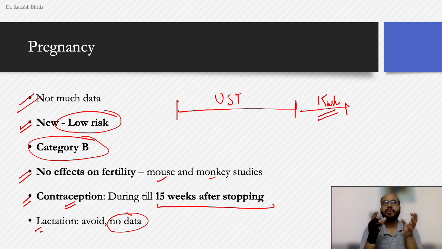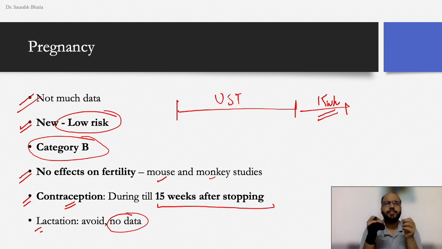Also, IgG1 has been found in breast milk, so in lactation, it can go to the baby and have its immunosuppressive effects. So, the effects of ustekinumab on the baby are theorized, but in real life studies or case reports, we have not found many side effects,